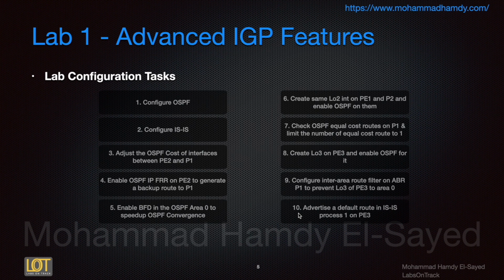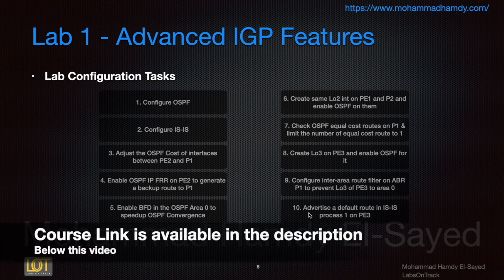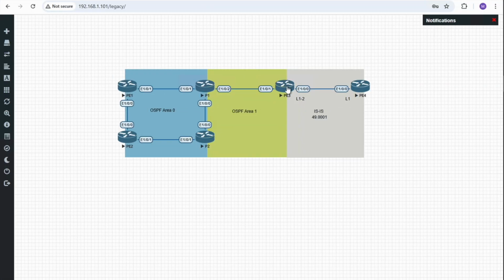Task 10 and the last task in Lab 1: advertise a default route in ISIS process 1 on PE3. On PE3, we will advertise a default route in the ISIS to be received on PE4. PE3 is the level 1, level 2 ISIS router. This is the router that must be configured with a default route to be advertised to PE4, because PE4 is